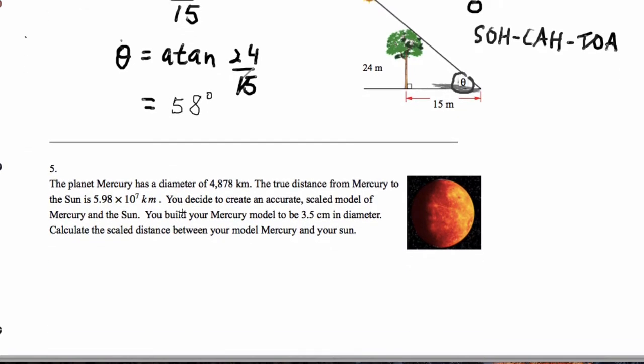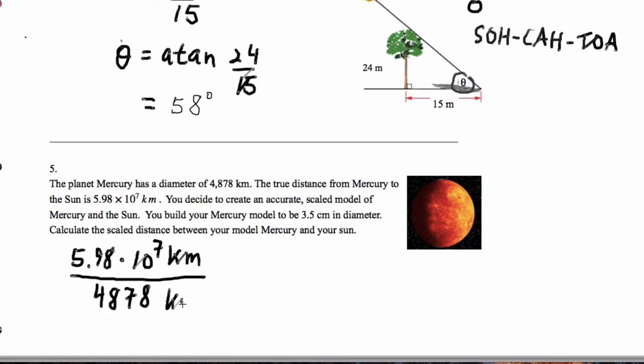Now we have the planet Mercury. It has this diameter, and we have the true distance. And we want to know the scaled distance if we reduce Mercury's size to 3.5 centimeters in diameter. So we're going to do exactly what we did in the first lab of the year. Let's get the ratio of the total distance to the diameter of Mercury, and that will then give us, like we discovered in the lab, the number of Mercury planets that will fit between Mercury